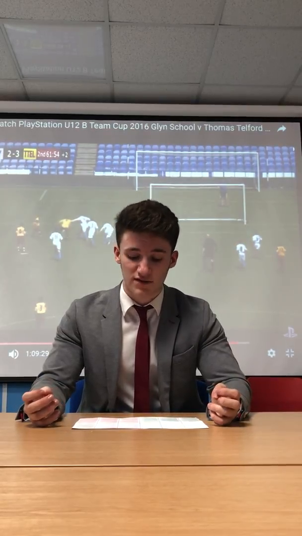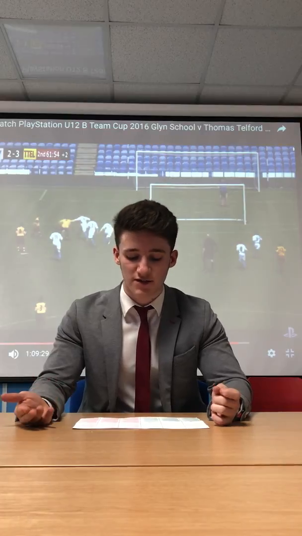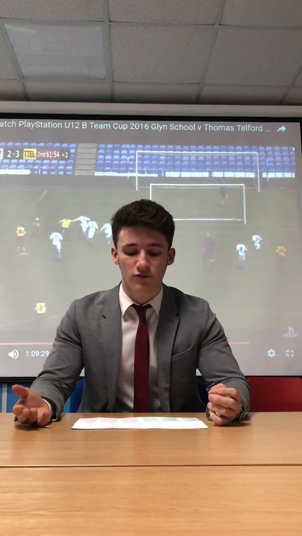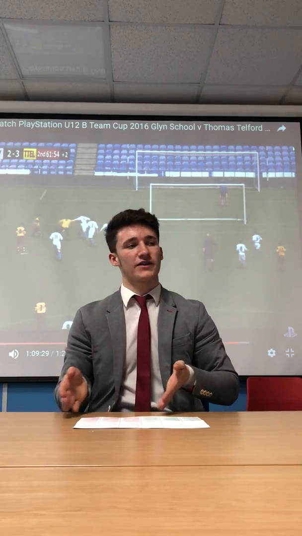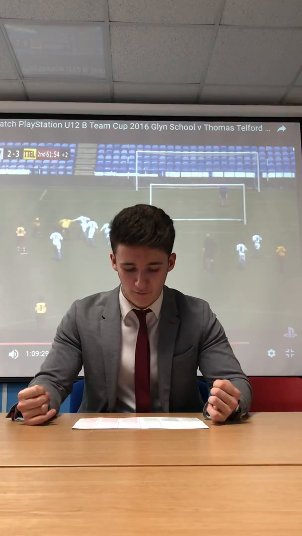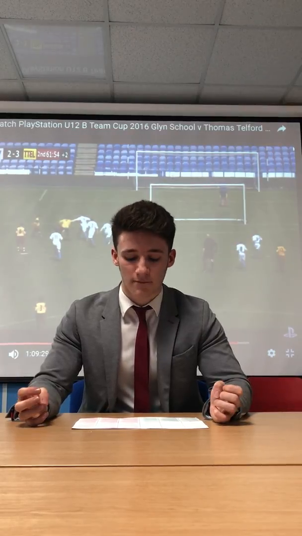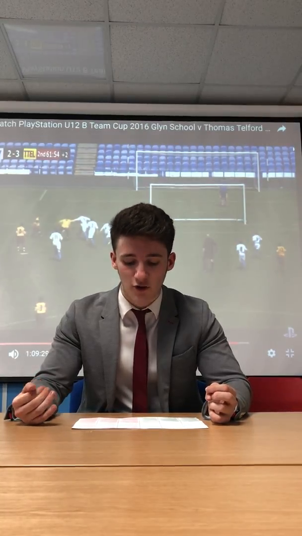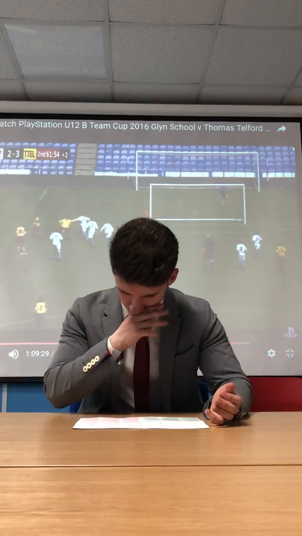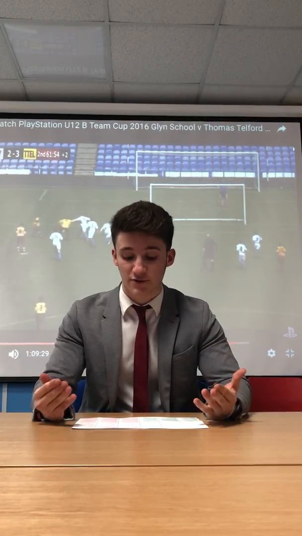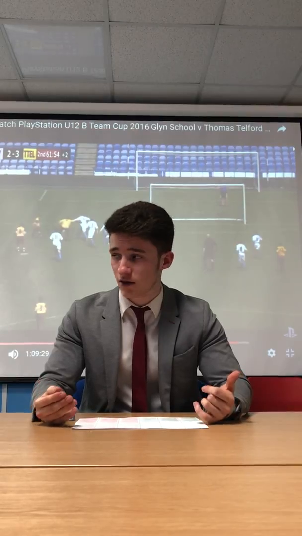The first weakness for fitness is the player's speed. He is often outrun by attackers. He often also lets players run behind him as sort of an option for a pass, so he doesn't have very good catch-up speed. The player's agility is also quite low. He struggles to change direction of pace and speed, especially on counter-attacks, and he often gets beat by more athletic players. And finally, the player's muscular power in his lower body, so his legs, was also